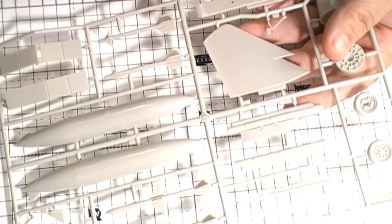Oh, hold on, I might have another one down here that's already built up, or it's like one piece, and that's obviously going to be for that. But why they couldn't do the same as the other one, I don't know. Wheels are two-piece parts, so there's going to be a seam line that needs to be getting rid of, and yeah,